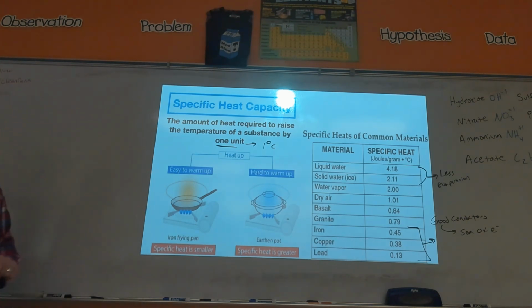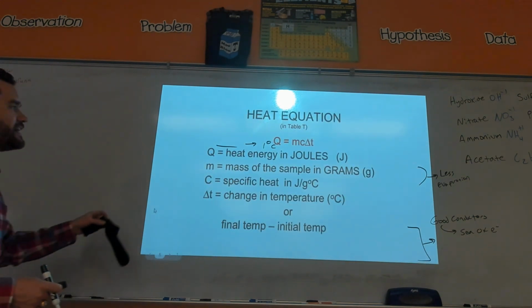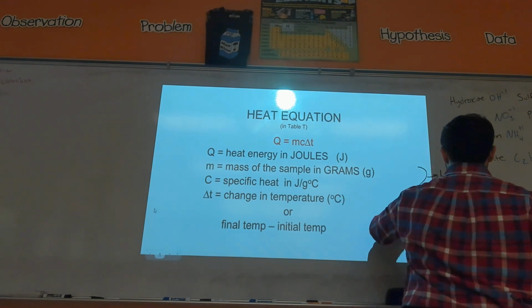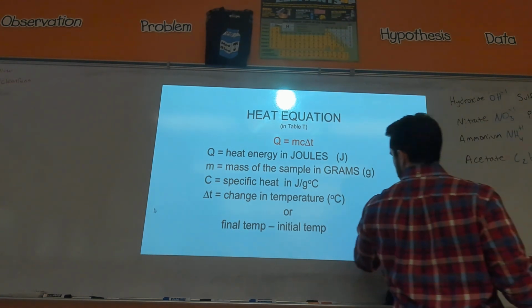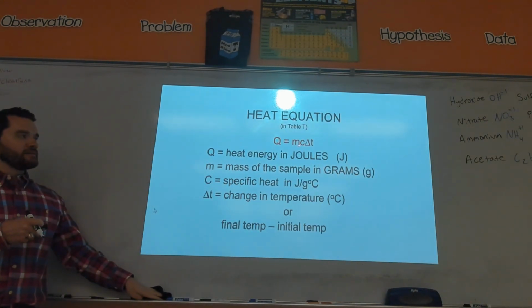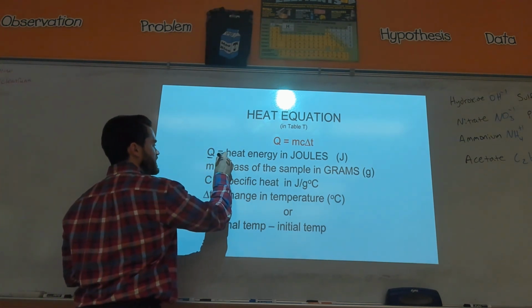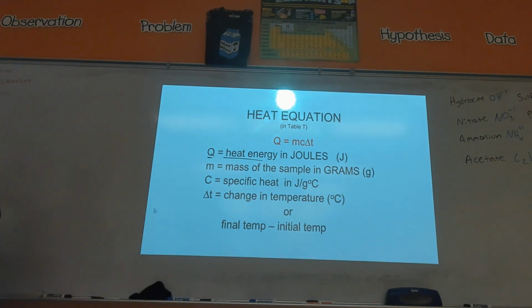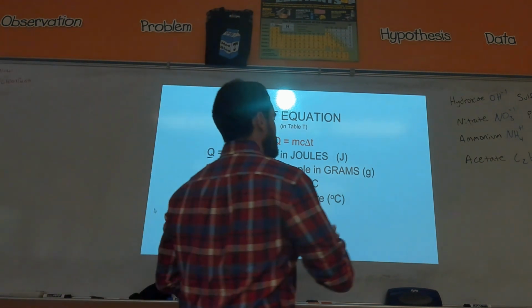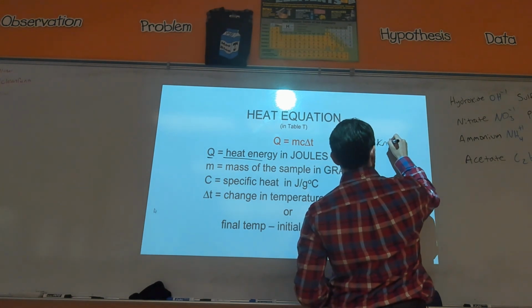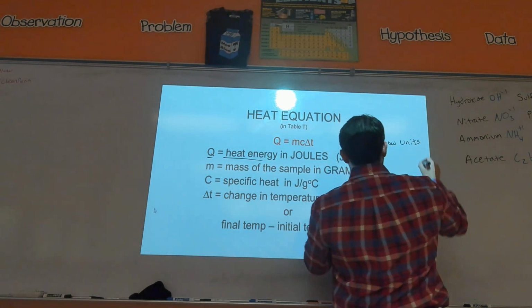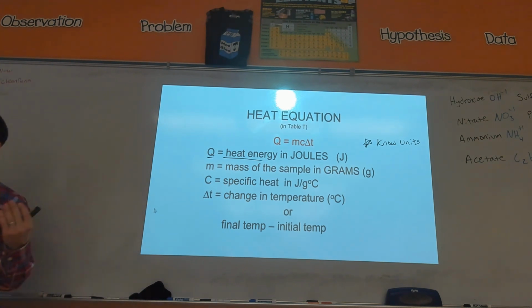All right, so different consequences of this stuff, but moving on to more of what you would see on the final as far as calculations. There's something called the heat equation. So the heat equation, we call it Q equals mc delta T, where Q stands for heat energy. Now, you need to know the units, so make sure you write that down. Know units. In other words, I want you to know that you always measure heat in joules.